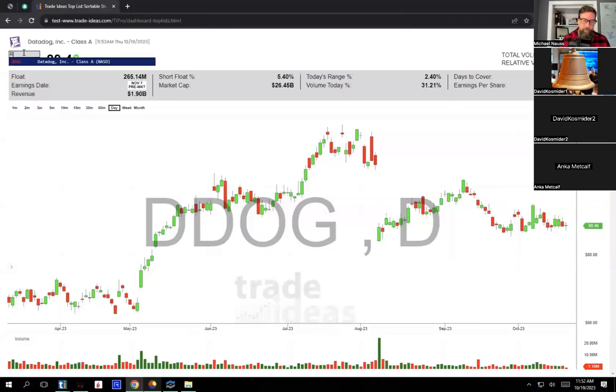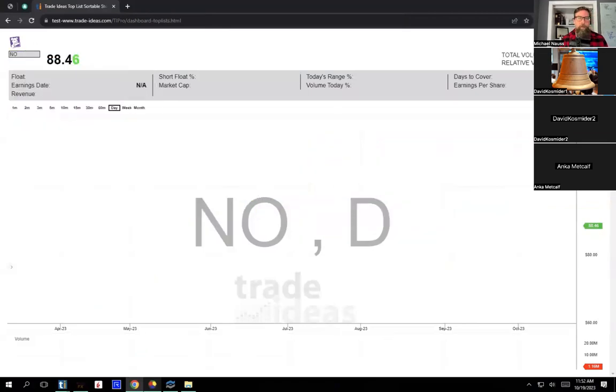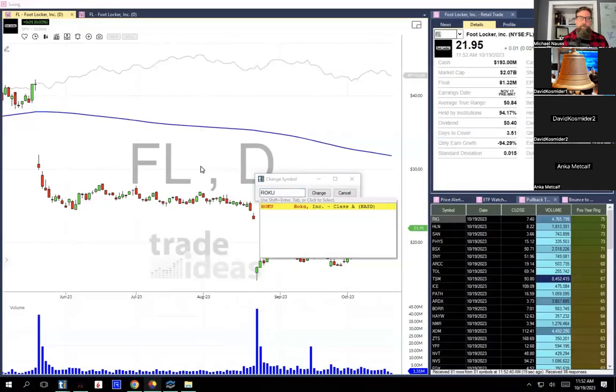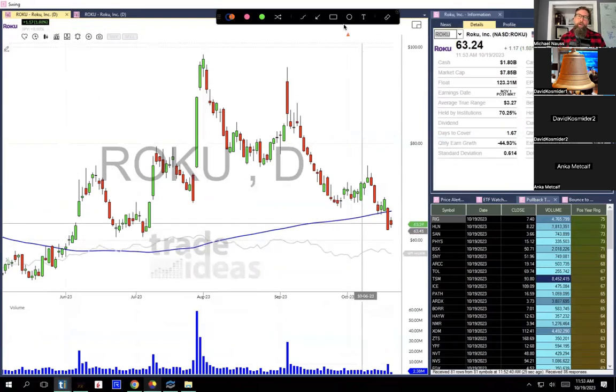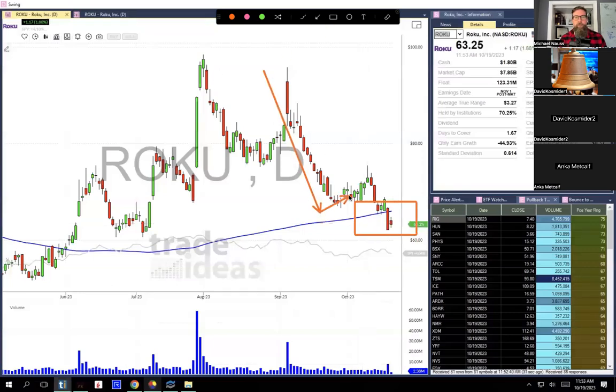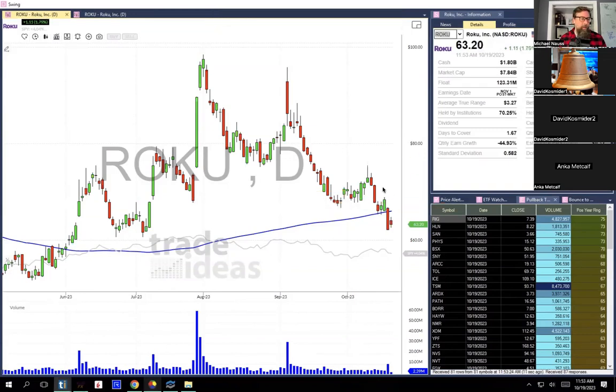And then Roku, and then we'll take a look at the relative strength system for the last few minutes. Let's just go Roku. You're at a rising 200-day moving average, which I like, but it is in a pretty serious looking downtrend here. So I would need to see it maybe retake this low right here. If it retakes that, I think that's super interesting. If it's below that level, then again, the rising 200-day moving average, maybe it digs in here. I would give it a little bit of time. If it gets above that area, maybe that's going to be your trigger.